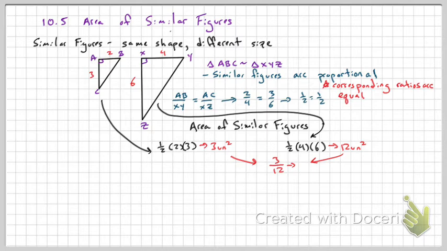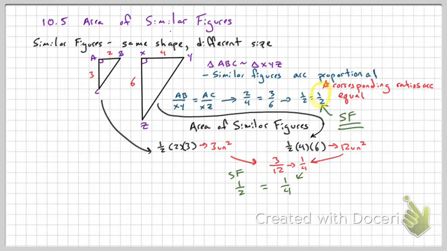If I put them into a ratio, remember a ratio is just a fraction, that becomes 3 over 12. The reason I'm putting the 3 over the 12 is that I'm always doing left over right. I always did left over right, left over right. I just stuck with that pattern, and you can do it however you want as long as you stay consistent. Now if I compare the ratio of 3 over 12, which reduced is 1/4, to the scale factor ratio that we found in the very beginning, which was 1/2,